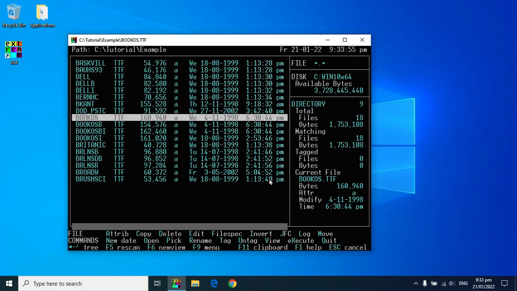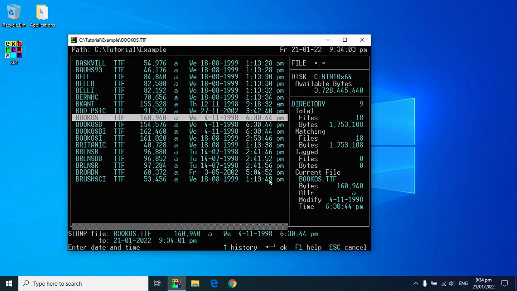So now that we've got that, to change the timestamp on a file, you just press the N key, and you're initially given the current time. So if I was to hit enter now, it'll just change the file timestamp